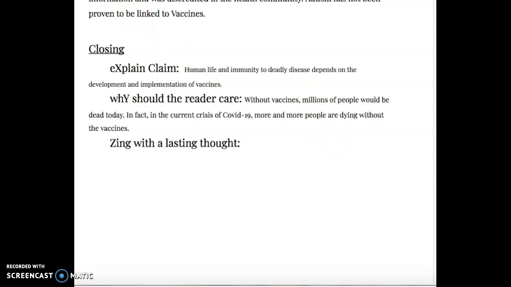Then comes the Z, which is the zing. That's like the lasting thought. And this is just, how do you want to leave your reader thinking about it? So you might want to say, again, you can't use you, but you might want to have a way to just really drive your point home with a zing. So for example, I could say something like,